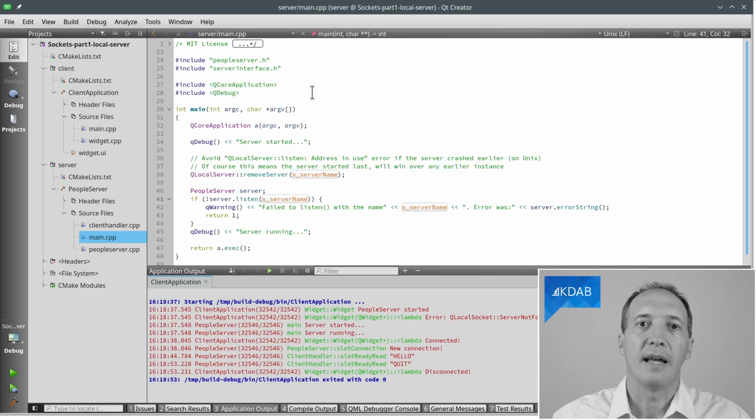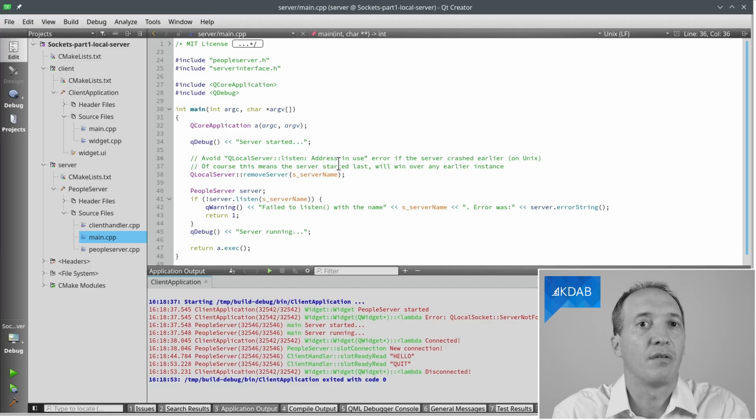One of the issues with that is if the server crashes, then that file is kept around and the clients think the server is already there, and the server also cannot start properly. It says address in use, meaning there seems to be another server. I can't start and claim that file for me. And this is why the solution shown here is to simply delete the file on startup, so that if the server crashes and restarts, it will then claim that file again and it will be ready for connections.